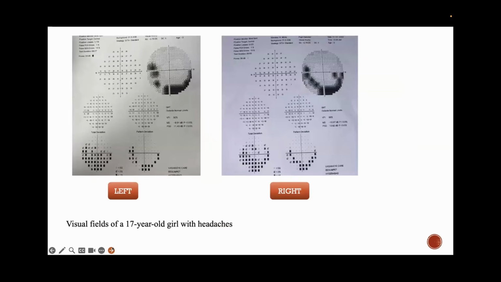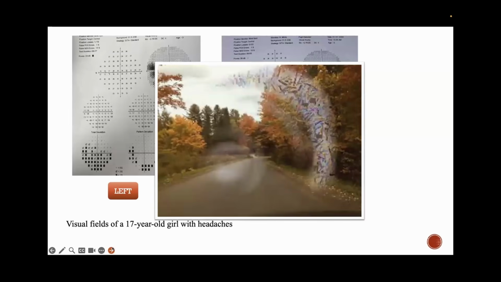Then this is another interesting patient, whom you might not see in the OPD, but even if you don't do the visual field, you will find a patient who will describe something like this to you. A 17-year-old girl with headaches with this kind of visual field defect. Very confusing, doesn't fit into any of the patterns that we have discussed so far. So what are we exactly dealing with? I asked more on the history, how it actually presents. Then she gave me this description, which is very classical, that this visual field scotoma will appear in her vision and it will slowly expand. That is when I realized what I'm dealing with.